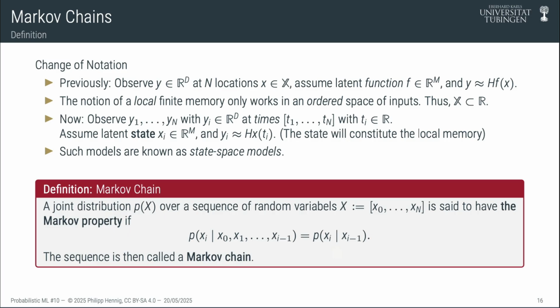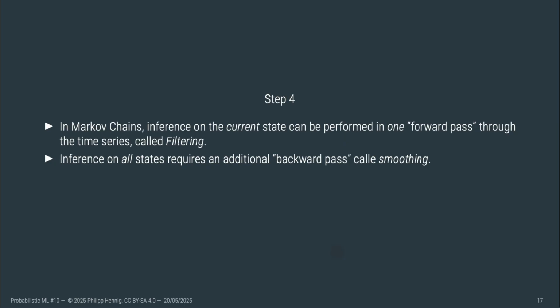To predict the next thing, you only need to know where you were immediately coming from, and everything else in the past is shielded away. And it turns out that this structure alone, along with this local observation structure, that observations are only produced in a local fashion, is actually enough to create an algorithmic structure that runs in linear time. That's the entire thing. And what I'll now do, with advance warning that it's going to be a little bit mathematical, is to construct this relationship. That process comes in signal processing under the name of filtering and smoothing.